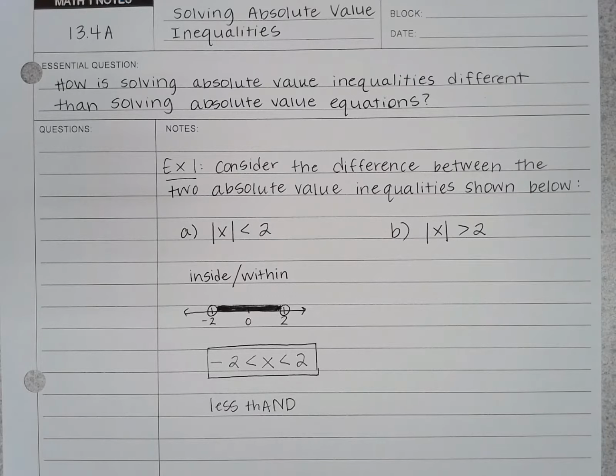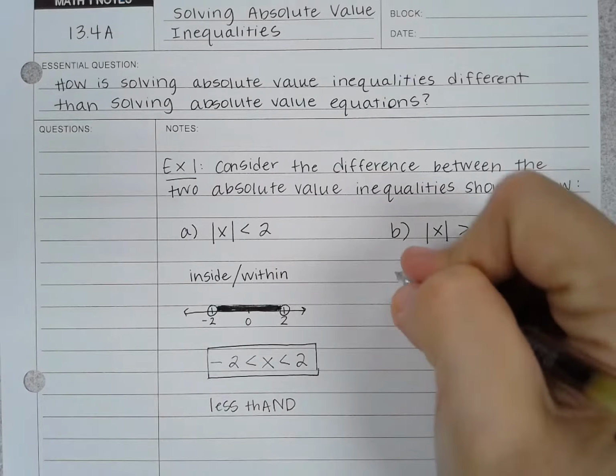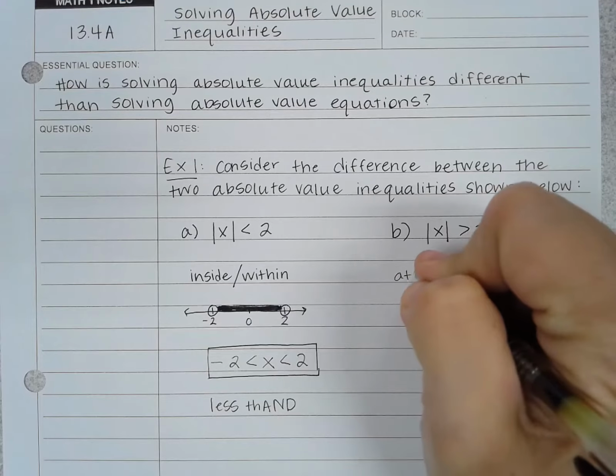So the other one is different because the other one says x has to be greater than 2. The absolute value of x, rather, has to be greater than 2. So this means that x has to be at least 2 away from 0. When you think about greater than problems, it means that the distance the number is away from 0 has to be bigger than 2. So you can think about this as being an at least